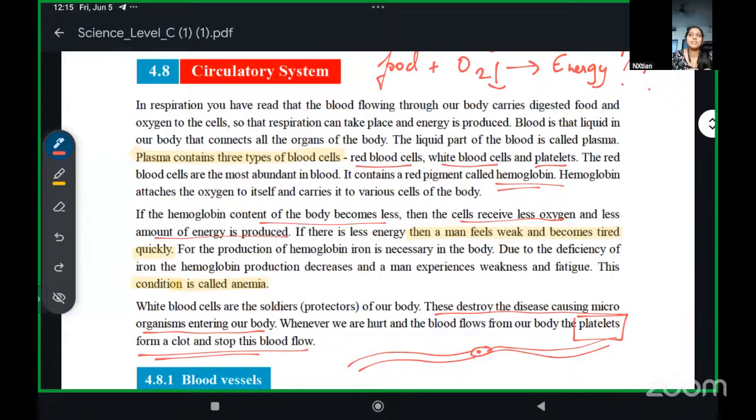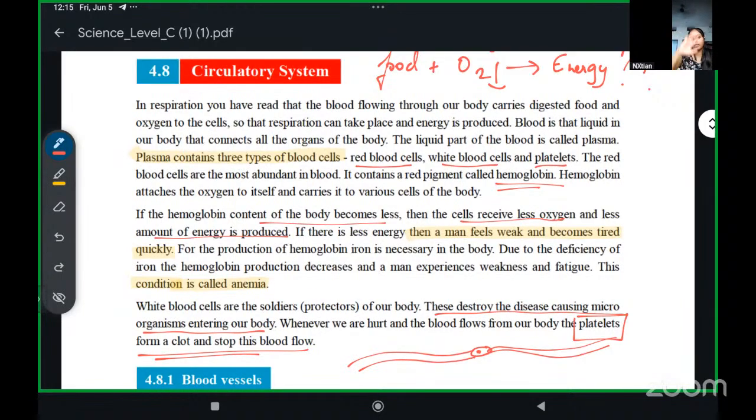So this is like a cycle that goes on. Oxygen is continuously being consumed in our body. Because we are functioning, we need energy. Whatever we are doing, we need energy. So oxygen is continuously being used in our cells, and then the cells get energy. Because this oxygen is continuously being used, it becomes less in our blood. When it's used up,